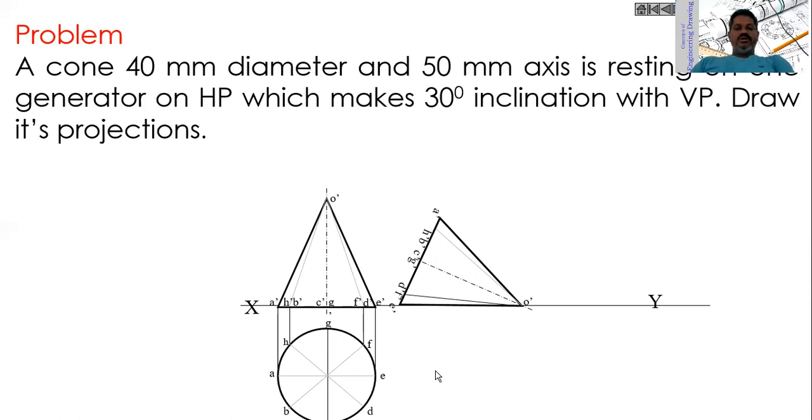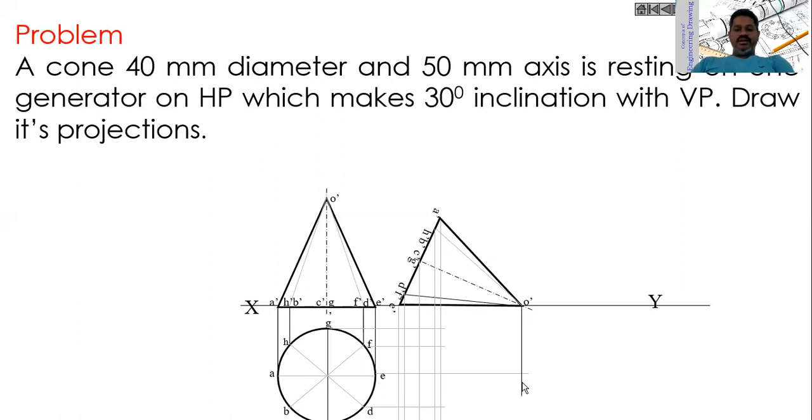Then project all these points downwards, drop all the vertical lines from all these points of the base, A dash to H dash. Then draw the horizontal lines from the true shape of the cone when it is exactly lying on the HP, and G dash, we will get one point here, then F dash H dash, then A dash E dash, B dash G dash, like this. Then name all those points.